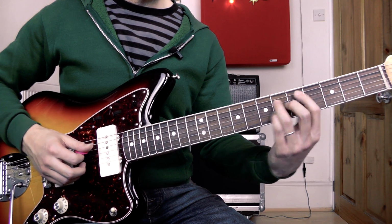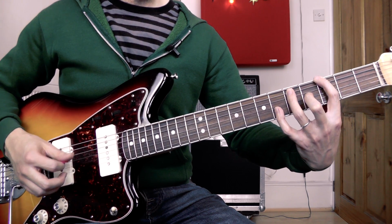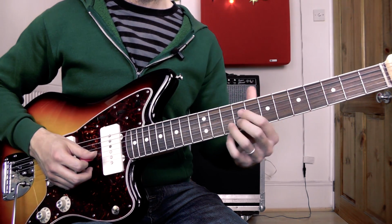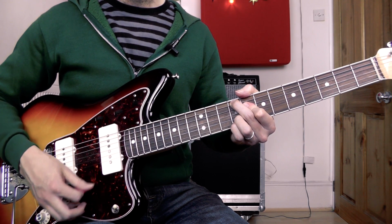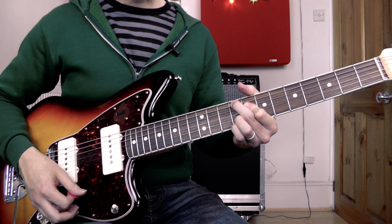Then we've got our G7 chord one more time, and here's where it starts changing towards the end of this verse. We're playing a melody note, 9th fret on the 2nd string, and then that's leading us into this G flat 6/9